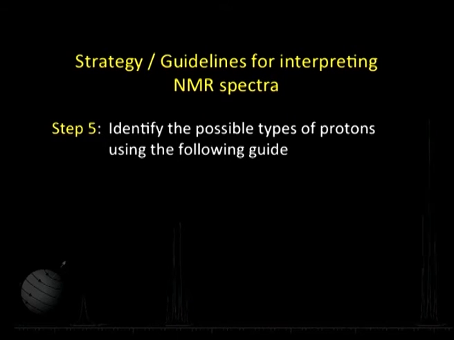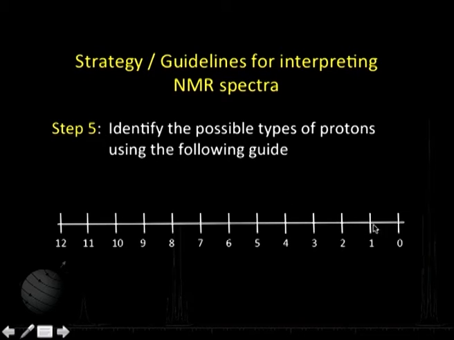Another thing we have to make use of, and this step is very crucial, is that from the spectrum we try to identify the possible types of protons. We have seen how many types of protons there are, the total number of protons, 3 types, 4 types, and also how many neighbors there are, that is fine. But now we want to find out the nature of the protons we are talking about. Whether a given signal is an O-methyl, or an aromatic proton, or an aliphatic proton, and so on. For that we make use of the following guide, which is worked out on the basis of what we learnt in the previous session.